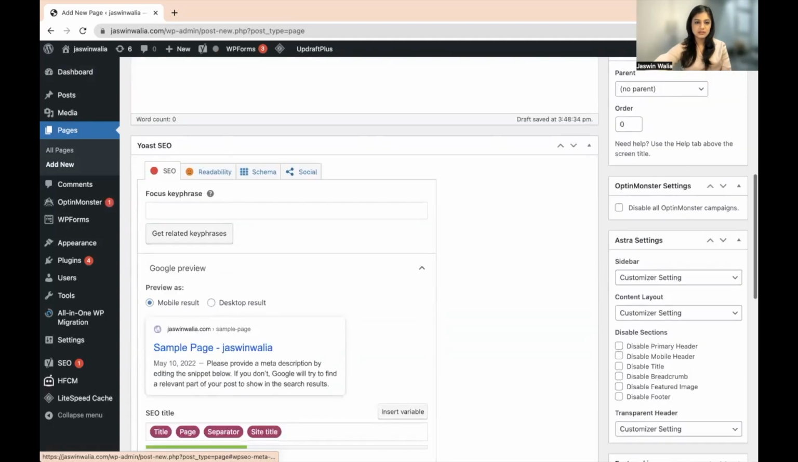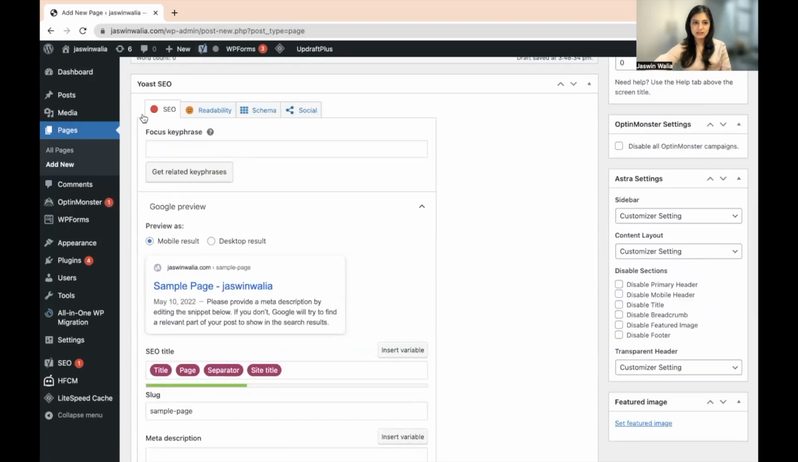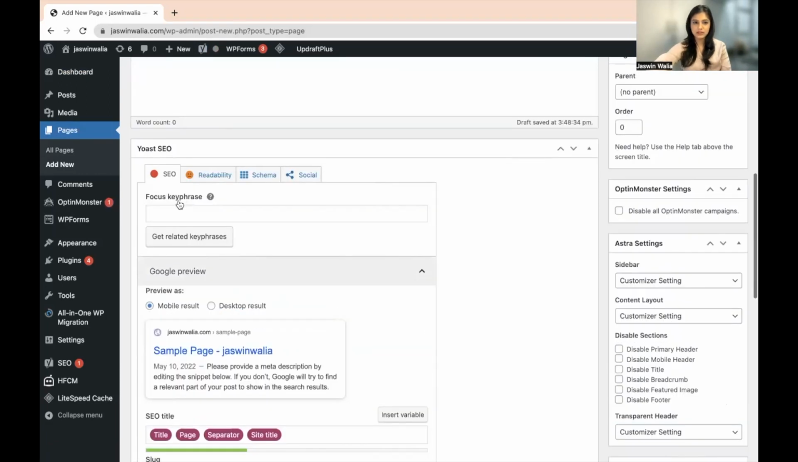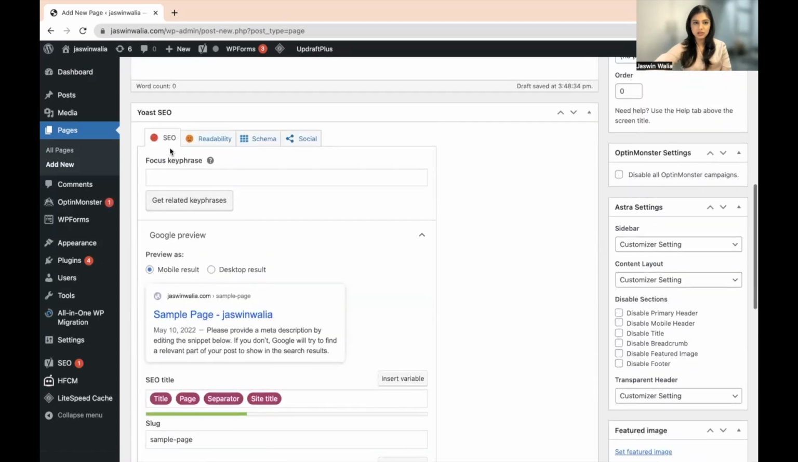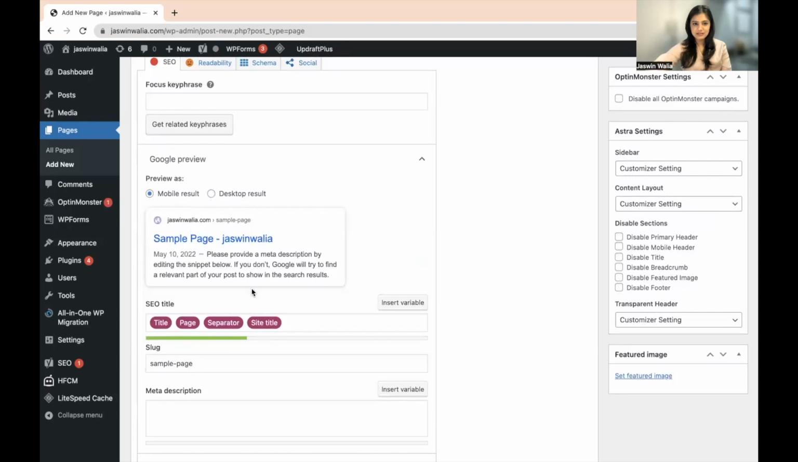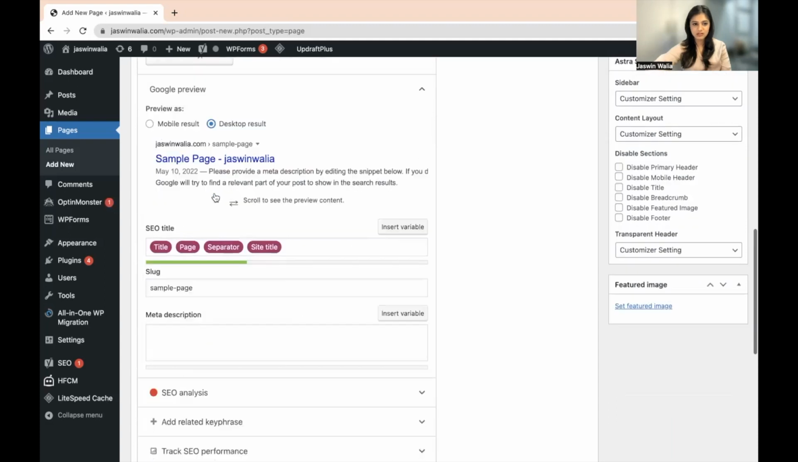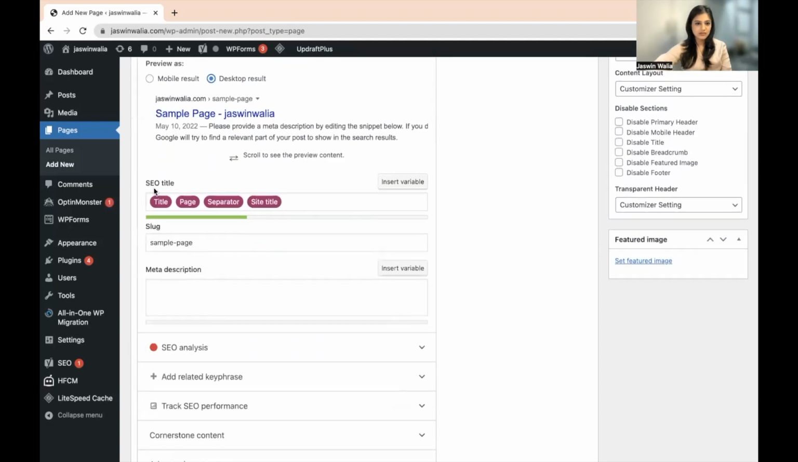As you can see, we have the Yoast SEO box popping up right here. When we scroll down, we have to be in the SEO section, and this is how the sample page would come in. This is the mobile result and this is the desktop result. So as you can see, we have the SEO title, the slug, and the meta description. So the SEO title could just be,